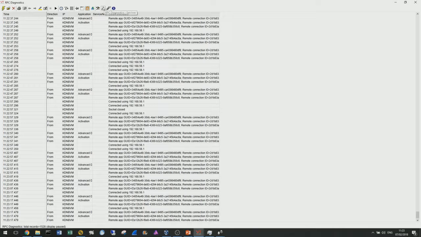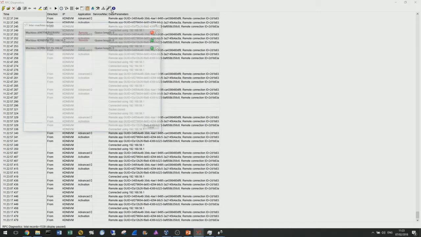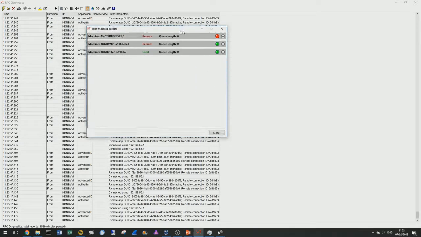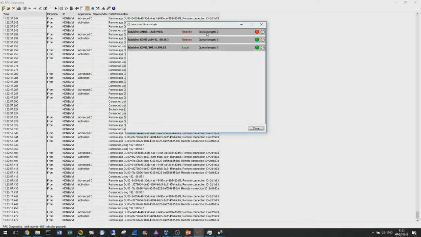So there are two that are of interest to me here. There are RPC Diagnostics sockets, and there's RPC Diagnostics services. So having a look at the sockets first of all, pops open its own window, and what this is doing is giving you a view into VTScada's view of the world,